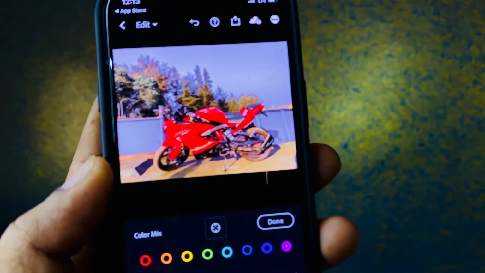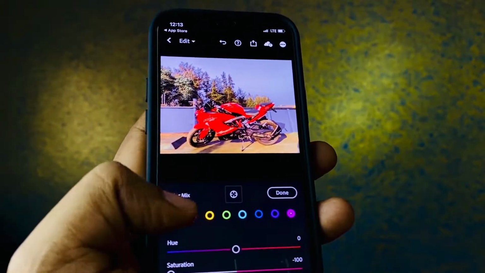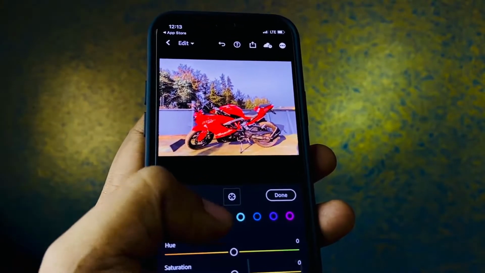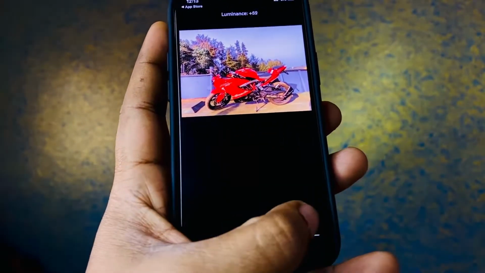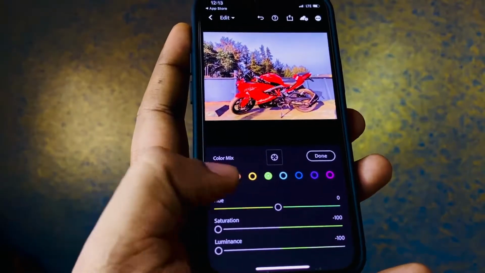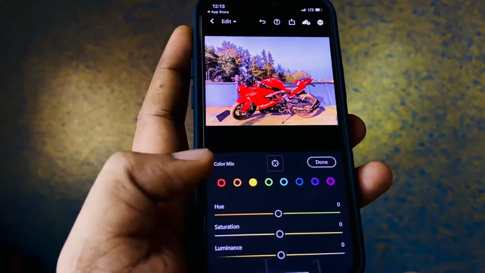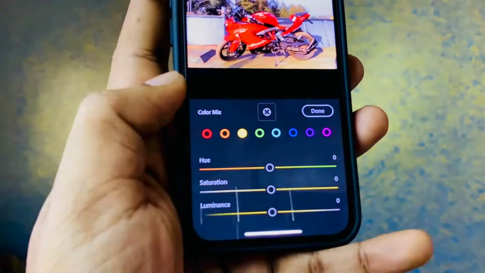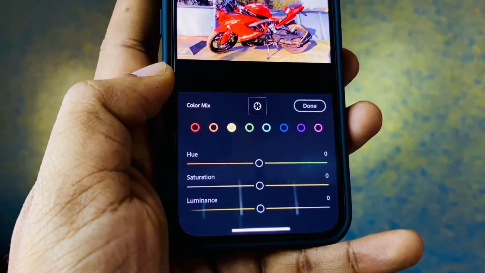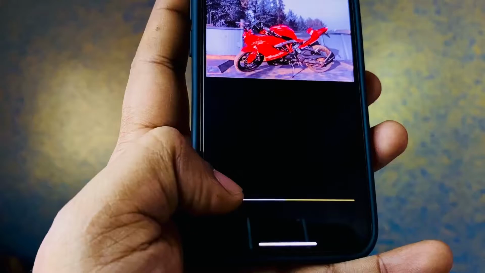But here there is a trick guys, you can even change the hue. Now the remaining ones are the yellow ones, and here what I can do is play around with all these things like luminance and all, you all can see over here. So here let me just decrease the saturation a bit, because it's yellow.